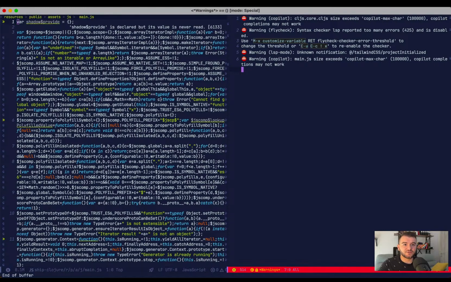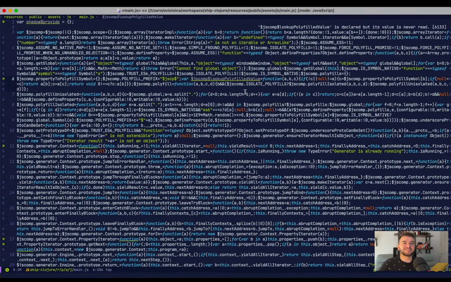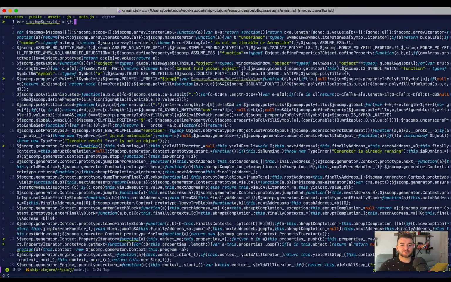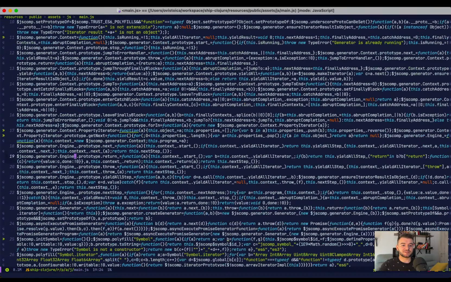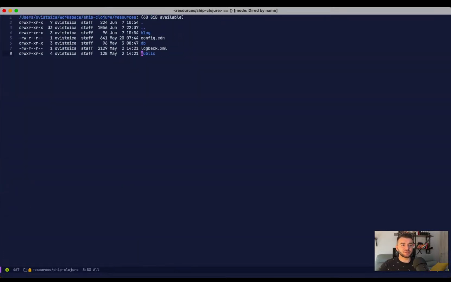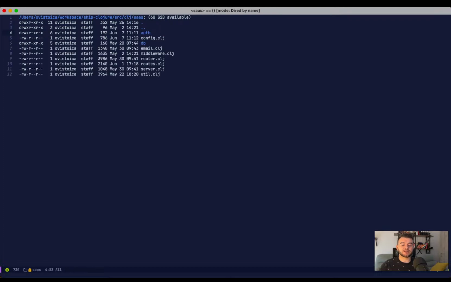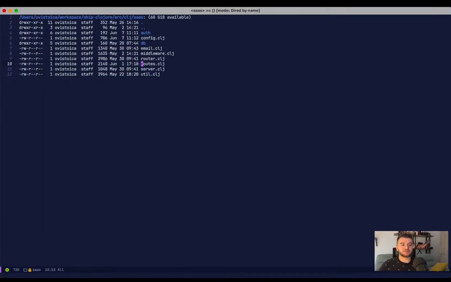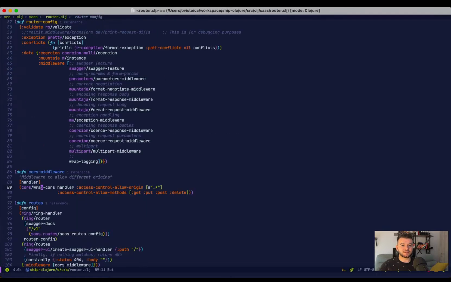a big ass file. And now LSP is starting on this thing. I shouldn't have opened this file. Okay, yeah, warnings. All right, so here you have React plus ClojureScript plus a bunch of things, and this could be done like this, but the template could be something like, let me check. So this is the API ones, and this is in router,